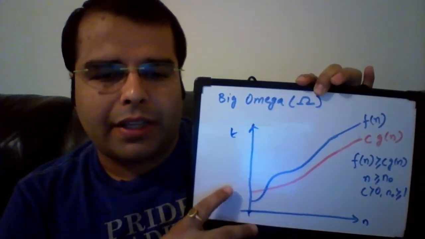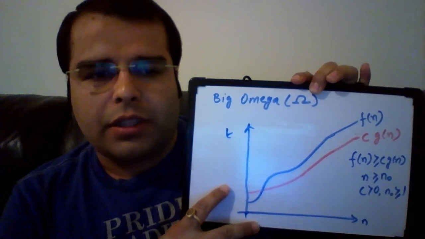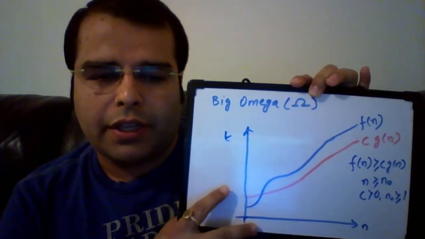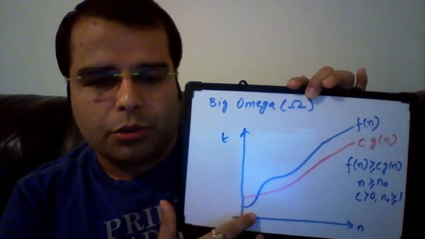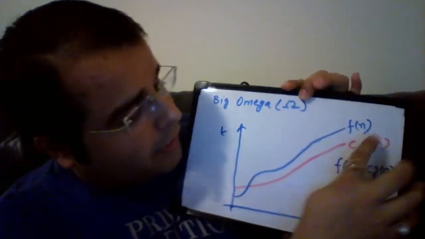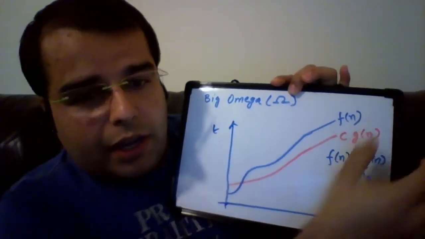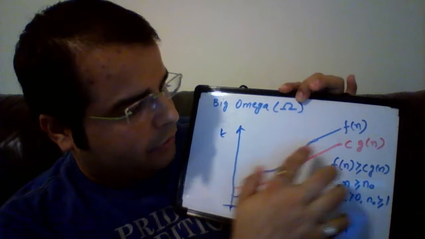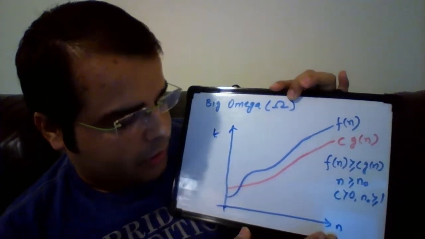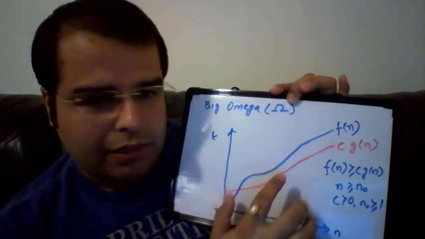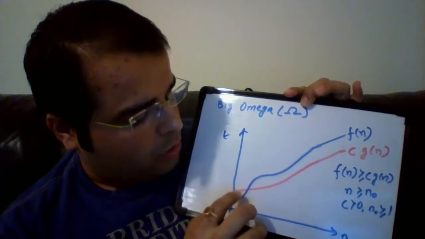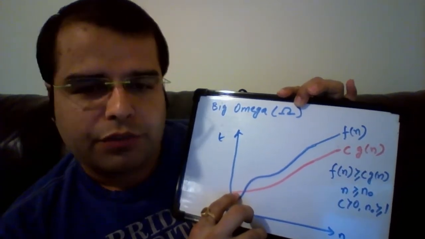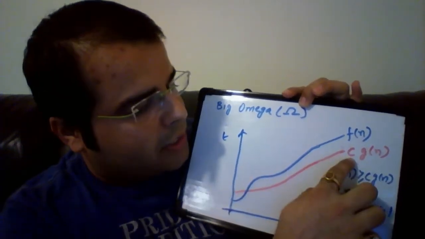If we plot the function graph of any particular algorithm, which goes like this, it is defined as f of n here, and we get the graph of time complexity with respect to the number of inputs, and it comes to be like this. So for the lower bound, we have to define a function called c of g of n,